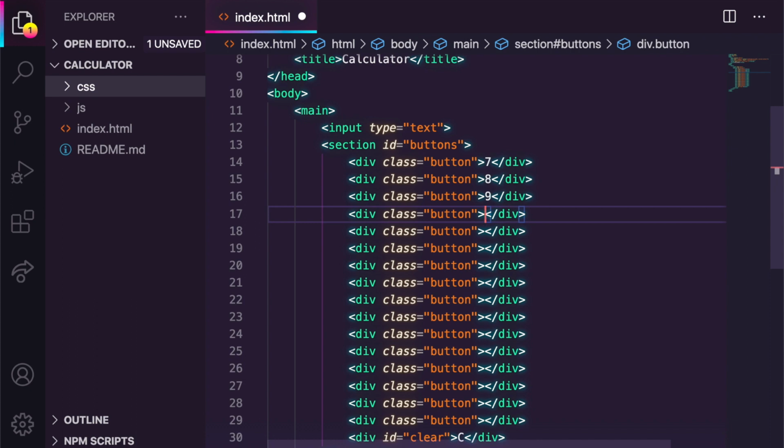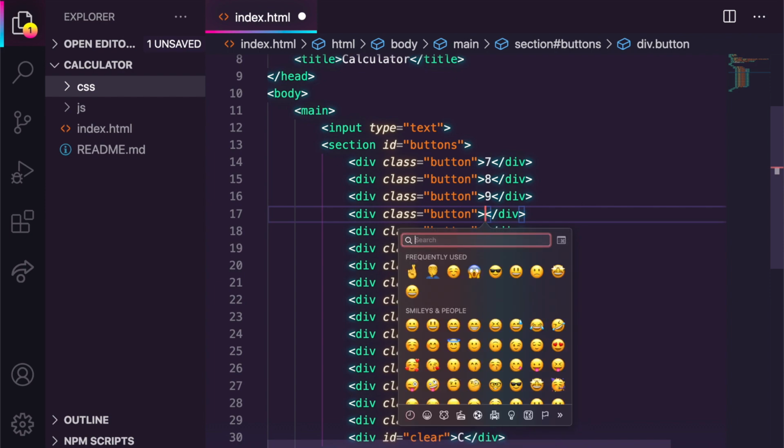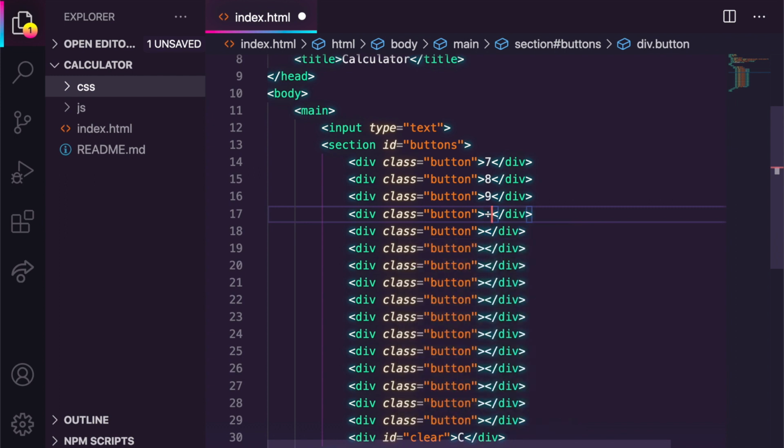And a really good way to do this, now if you're using a Mac, you're actually in good hands, because if you do Option Command Space, that's going to open up your emojis. And if you just do division, you're going to notice that it provides a division emoji that you can use. So this is a really good tool for just adding that content in there. If you're not using a MacBook, you might have to just use the backslash in place of a div. I'm not quite sure how you would do that on a Mac or a Windows, but